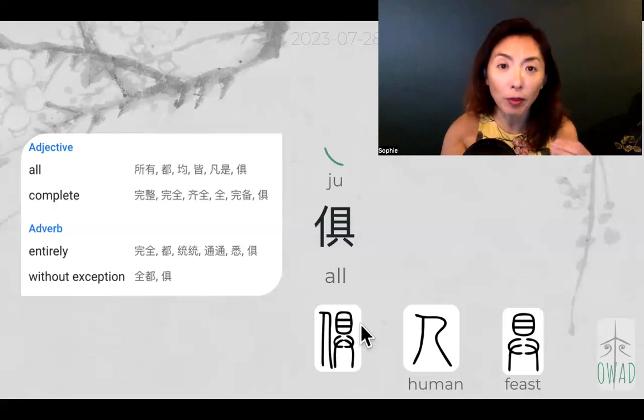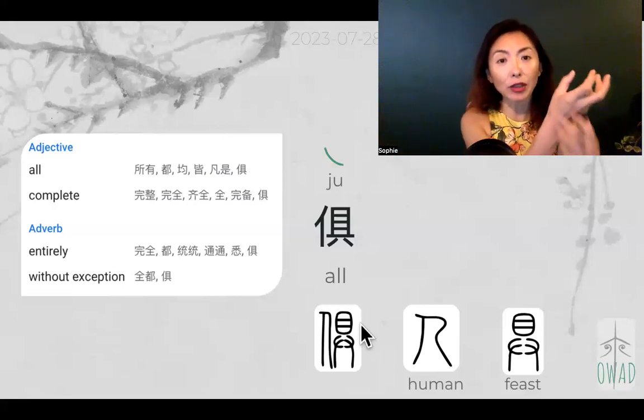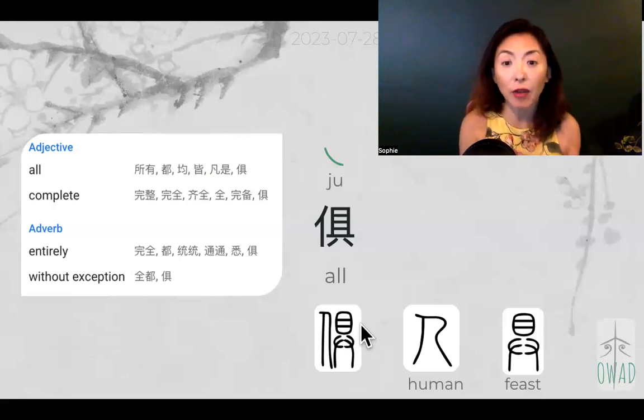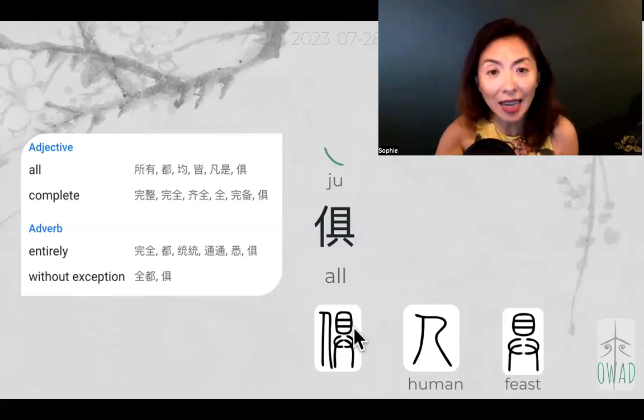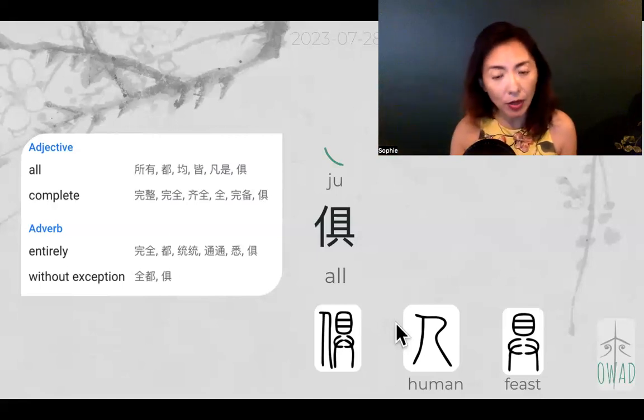And a cookware is normally written as standing on something, like a stove or something to prop it up so it's not directly on the ground, right? But eventually that stand or frame of the stove got omitted, and only the container part of it stayed. And the two horizontal lines, I would imagine